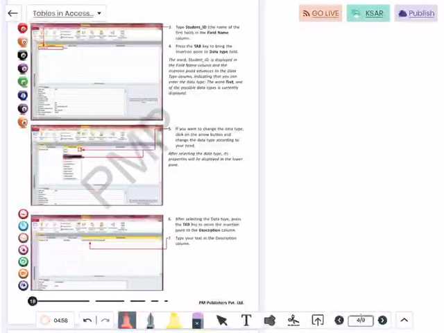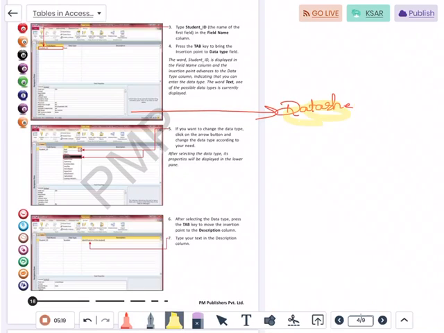So the moment we have to start typing a field, what we have to do? We are in which view first of all? Tell me, students. This is data sheet. Just wait, just a second.